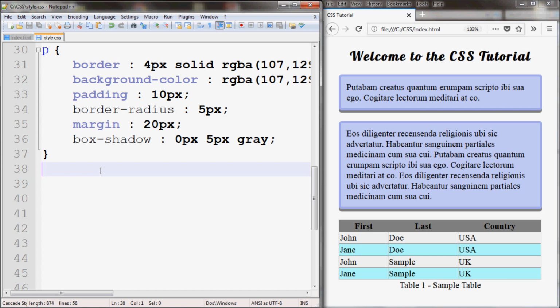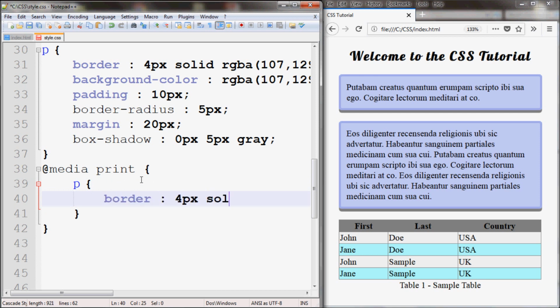To use the media rule, you write @media and then you write, for example, screen, or if you want to add the rules for when you're printing, you can write print. And then whatever style you add here will only be applied when you're printing a page. So I'll write the selector p for the paragraphs, and then I'll add a border of 4 pixels, solid and